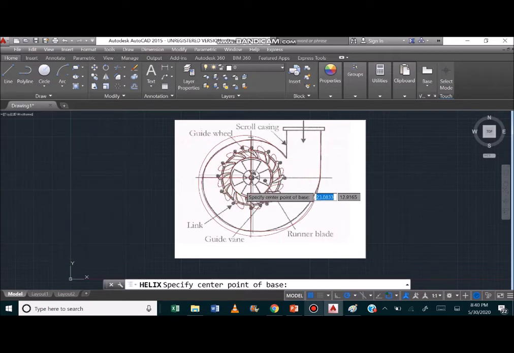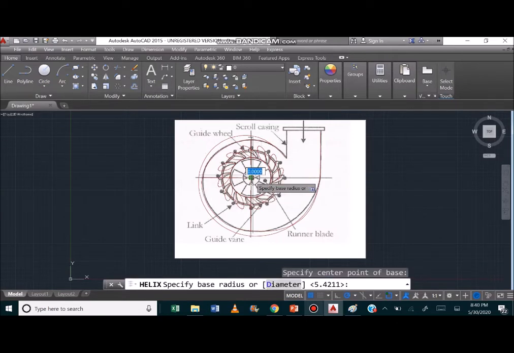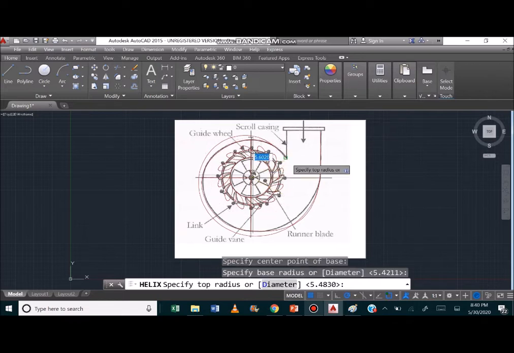So click here. So specify the center point. So center point is our center of the circle. Specify the base radius, means the smaller radius. So here smaller radius is this one, where the pipe diameter is the least. So I will select here. After that we have to specify the end radius. So end radius is still here,